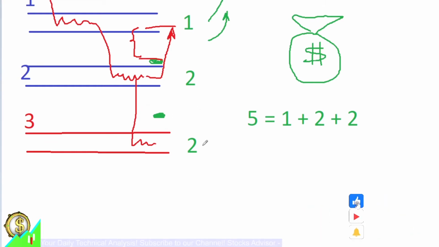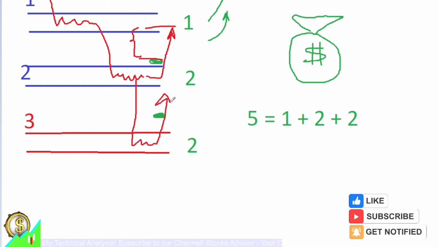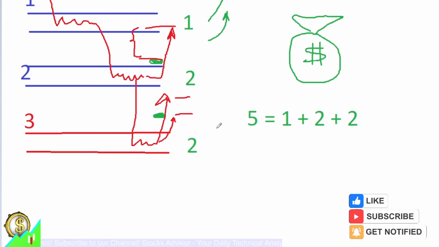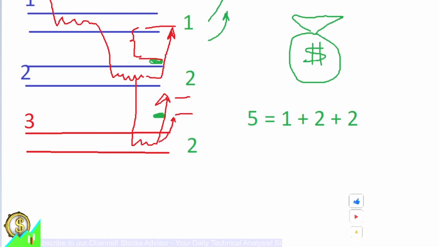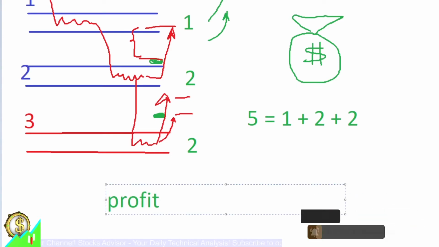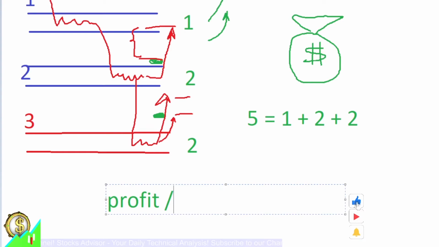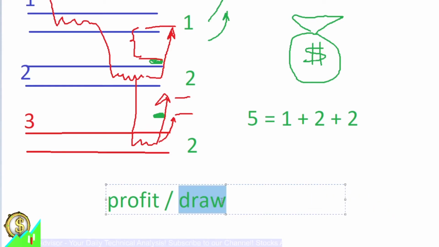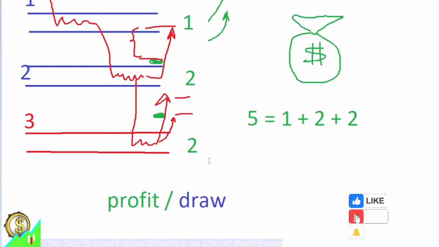And whenever you have a rebound, you will be able either to make again the profit or exit with a draw if it will be only a small rebound. So this is very important. So this is indeed the way we want to trade. So we want to trade to make either a profit in the best case. In the worst case, it should be a draw. So we don't want to be red at our brokerage account.